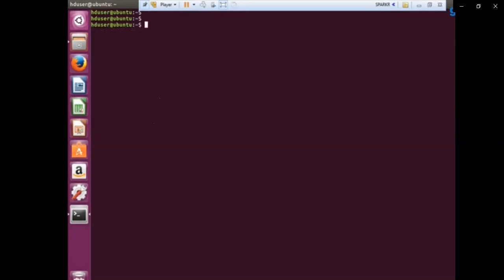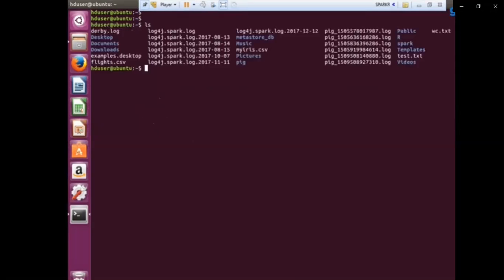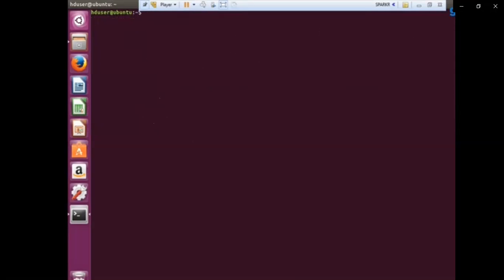We have cleared the screen. So here let's use the ls command, the list command, to see the contents. But if we want to see what is there in the home directory, what is the command? I can use the command hadoop fs -ls. It's showing sample, and now if we want to see where exactly this sample is present, the command is hadoop fs -ls and forward slash. It will show where it is present. Let's type.